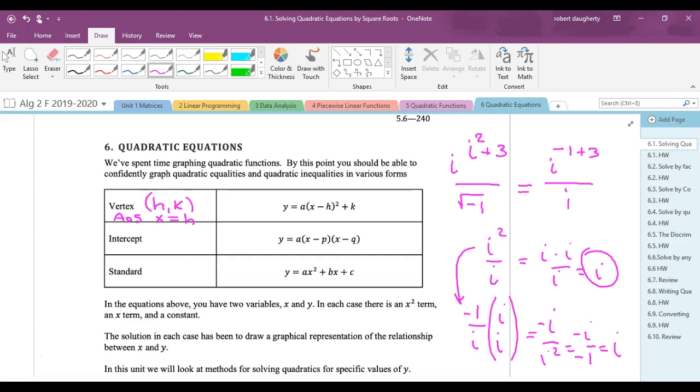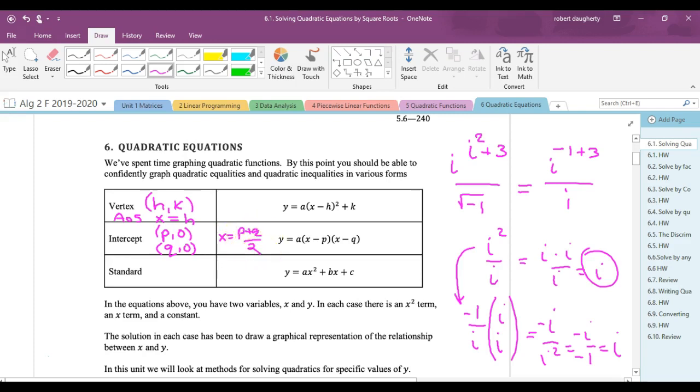The next form is intercept form. You can look at this without doing any work and tell what? The x-intercepts. The x-intercepts are going to be at what? (p, 0) and (q, 0). How do I find the axis of symmetry here? Yeah, it's just halfway in between those 2 points, p plus q